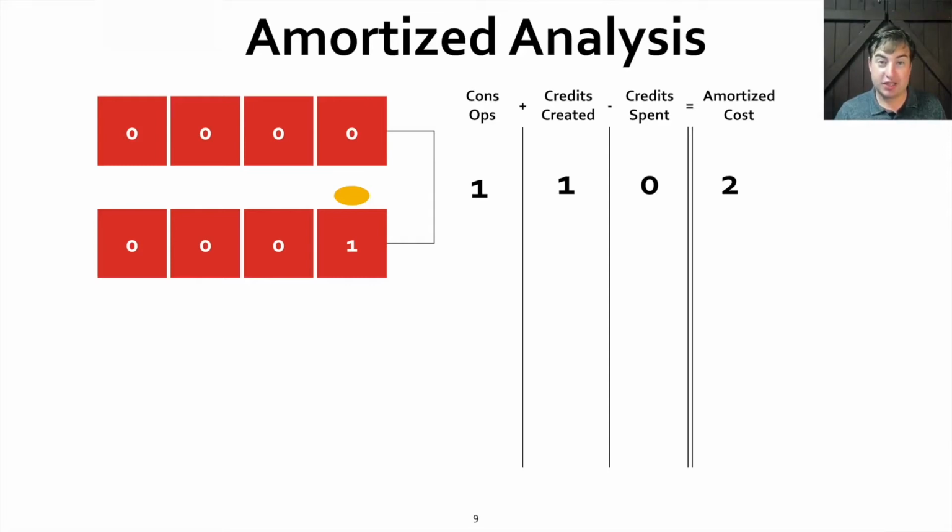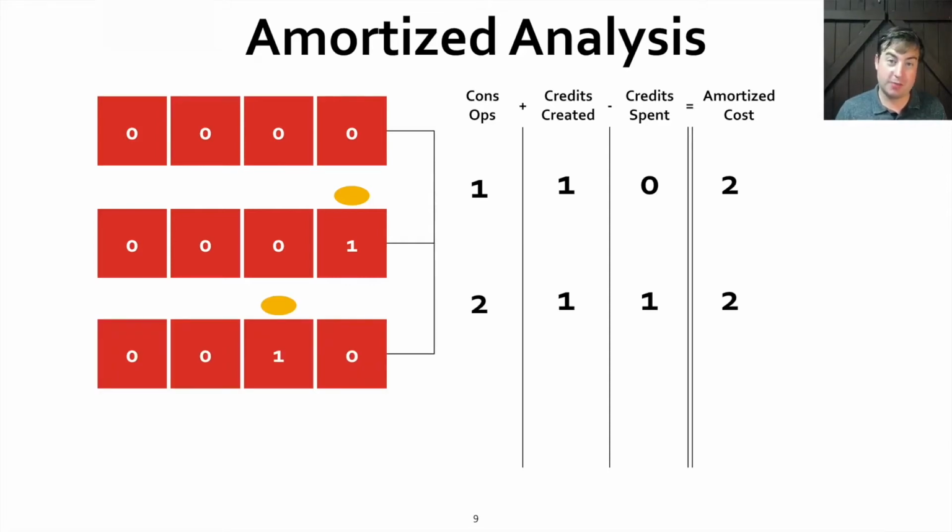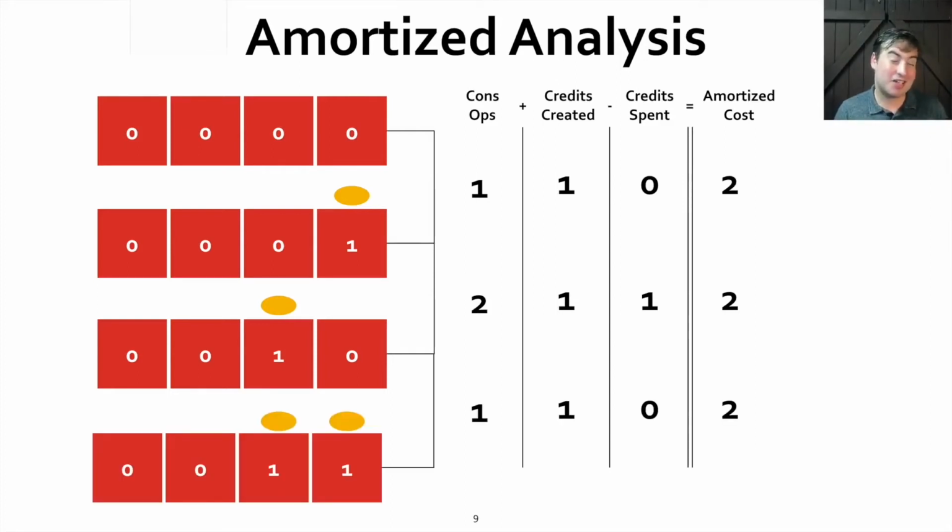And then the next call to increment flips the first bit from 1 to 0 and the second bit from 0 to 1. And then to reestablish the credit invariant, we spawn a credit to put on the new 1 bit, which incurs a cost of 1, but then that's canceled out by spending the credit which used to be on the least significant bit. Again, total 2 amortized costs. This is the essence of the analysis, and you can convince yourself that in every case, the amortized cost of